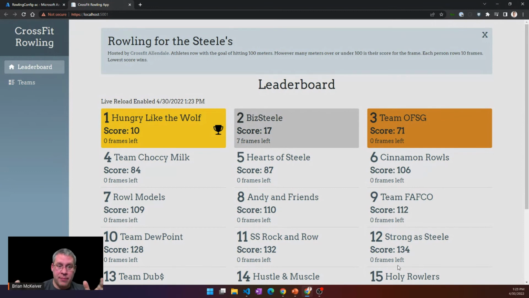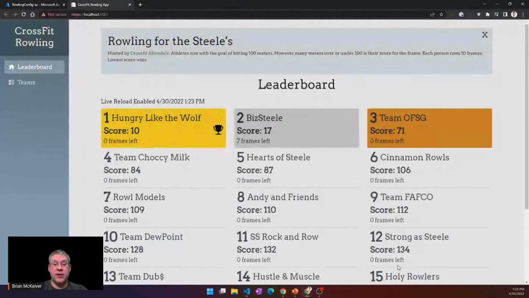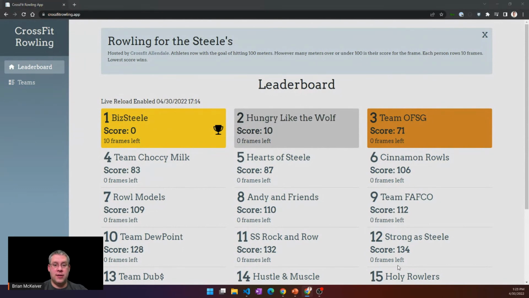So that's live reload. Live reload is enabled. And again, if I wouldn't have done this stupidly, I would have added this feature before the event, but I waited till after the event because, never fails, the demo gods just weren't happy with me. But now let's look at, without changing any code, and here's the whole point of feature flags really, without changing any code, I'm going to go back to the Azure portal,